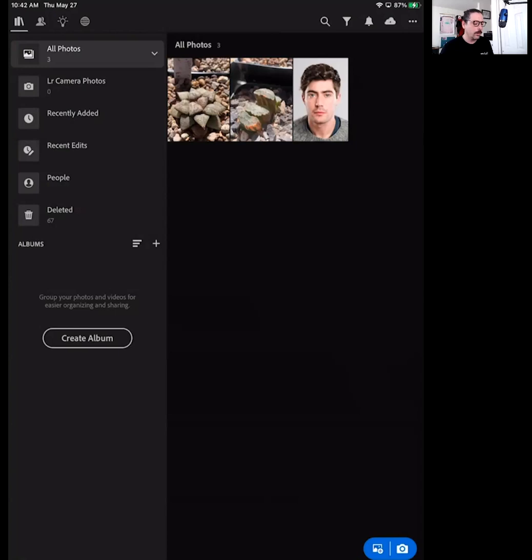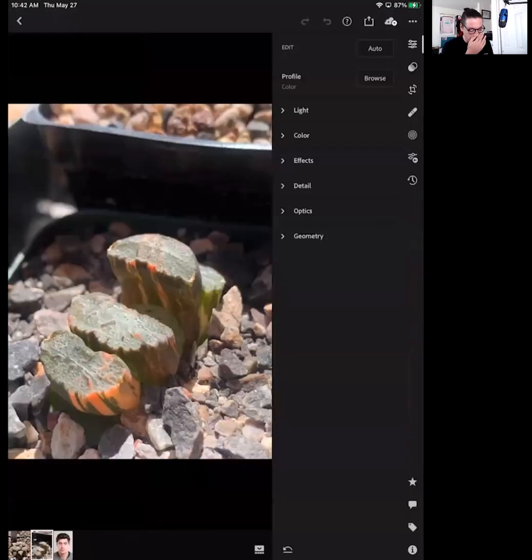All right, let's do some editing. I'm going to start with the middle one here. So I just went ahead and gave it a tap. And you'll see a similar workspace on your phone, except all these tools are at the bottom and you kind of swipe through to find the editing menus. If you're not sure where to start, you can hit the auto button